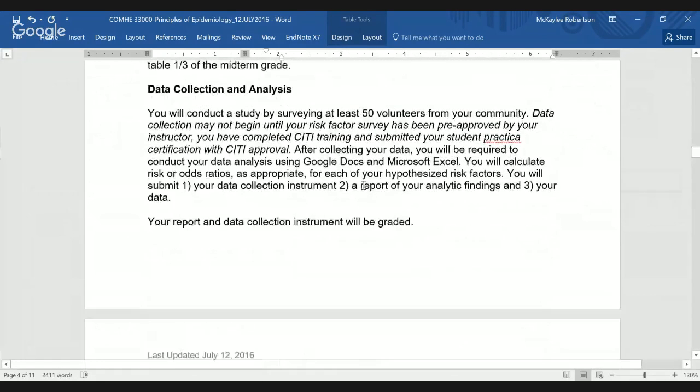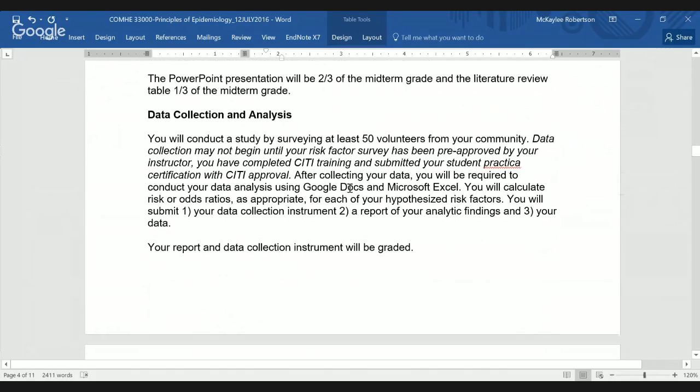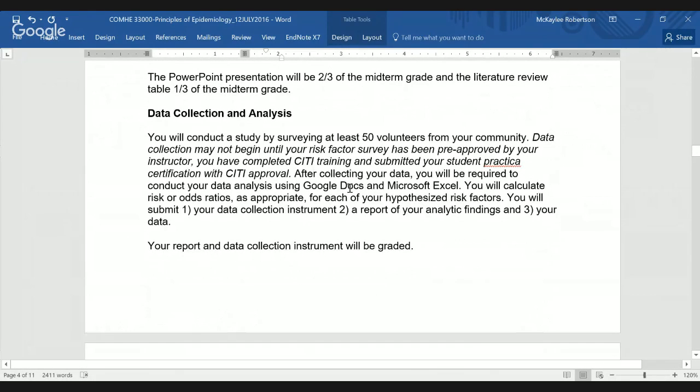The second part of this health condition topic that you're doing all semester is data collection and analysis. So to start, you're going to have to develop a survey, and you're going to survey people about your health condition. So maybe if your health condition is school bullying, you're going to ask people about risk factors for bullying. So these could be, maybe you think that depression is a risk factor for being bullied, or maybe you think that